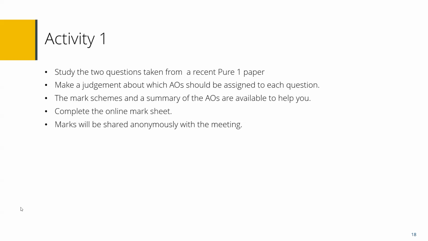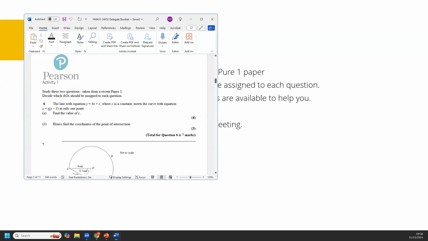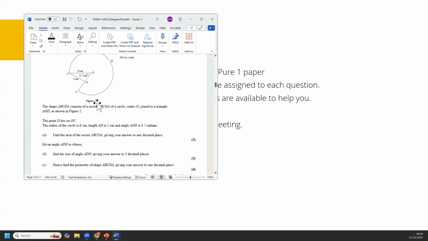And then, if I go on to the actual booklet, so I can show you. So you look at those. We've got 7 marks here to play with. And then it's thinking about what assessment objective, based on the command words here, what the need of the question is, thinking about what assessment objectives those are.